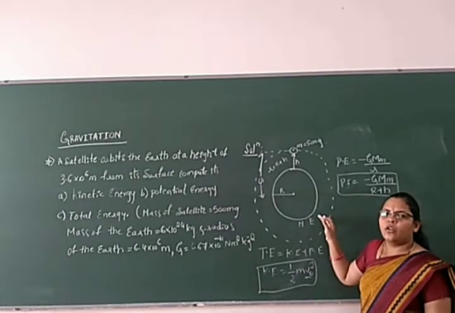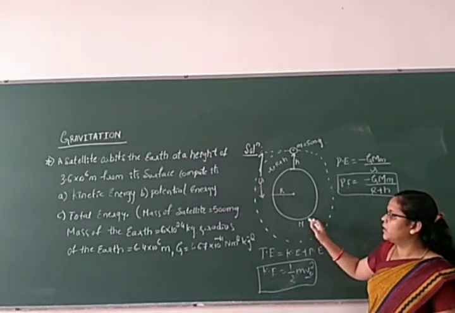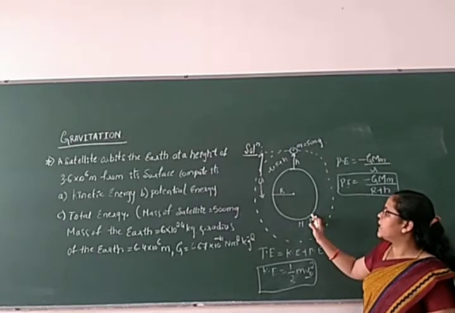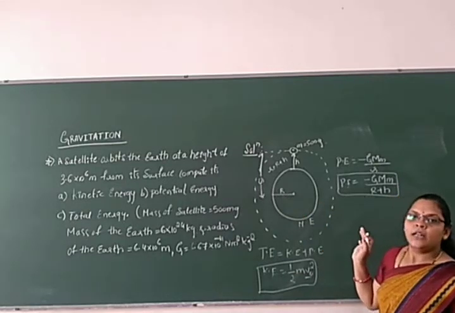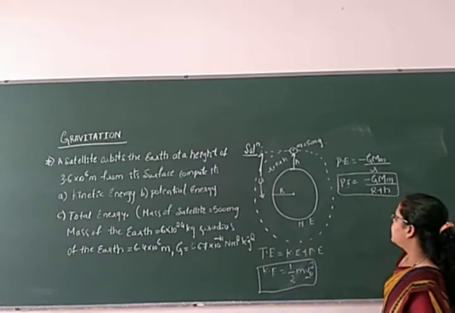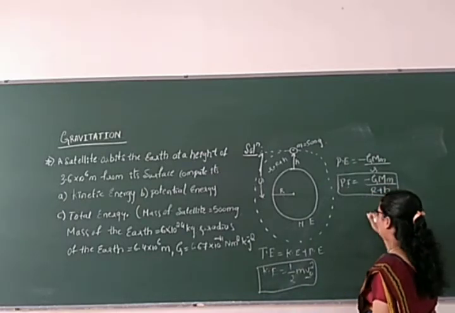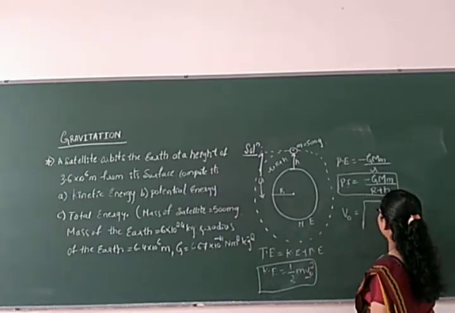do revolving around the earth here, whose mass is capital M, that mass is also given here, the radius value is also given here. The only thing that we are going to find out is the total energy computing on the satellite, which is allowing it to do the revolution around the earth here. Now we have orbital velocity, that is root of g m by r here.